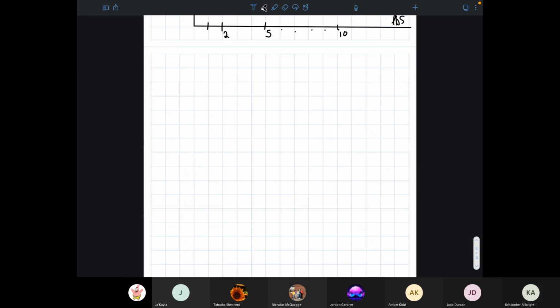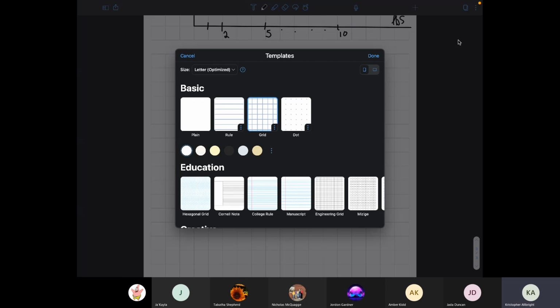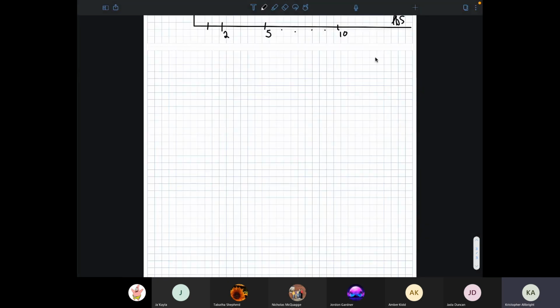So maybe I need to make my dots a little smaller. We're doing number 5? Yes, we're doing number 5 from the homework. Yeah. So number 5 from the homework looks